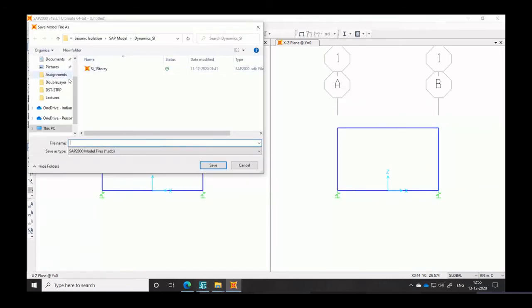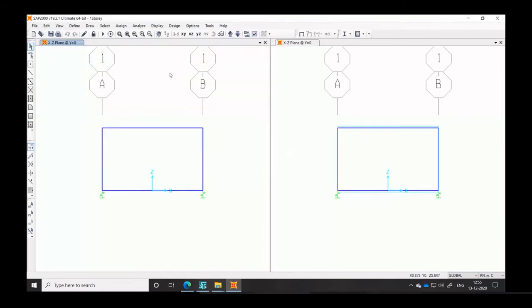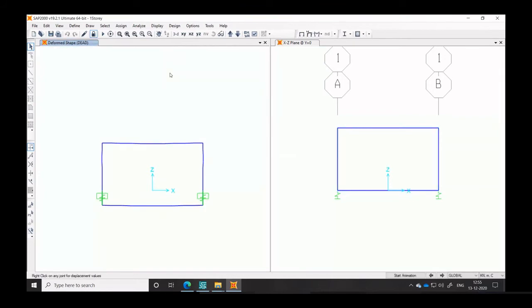First I need to save this. Let us go ahead here. Right now it is showing the deformed shape for the dead load.